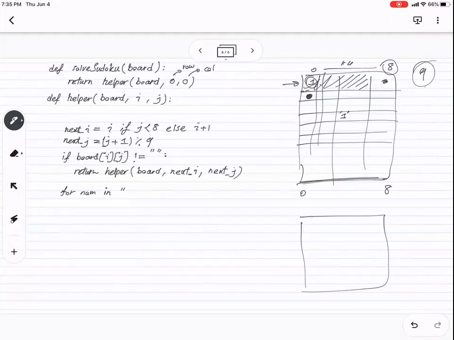For num in, I want to put 1, 2, 3, 4, 5, 6, 7, 8, 9. It means that I will traverse them: in the first round it will be 1, the second one will be 2. If you are doing it in other languages, I think you can do I as an integer, but you have to cast the I or num to a string before putting it inside of the board. So inside of the for loop, the first step, as you can see, is so similar to the 8 queens. We will have if is valid,